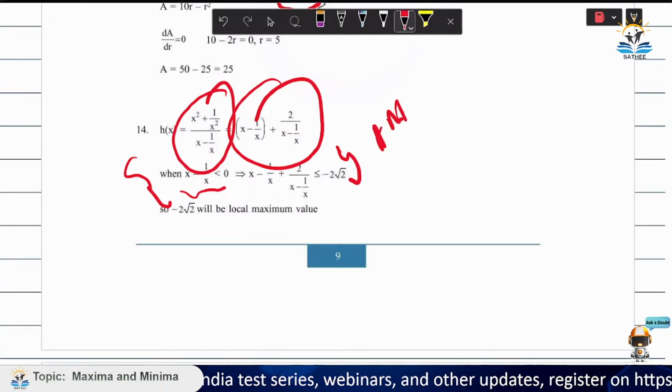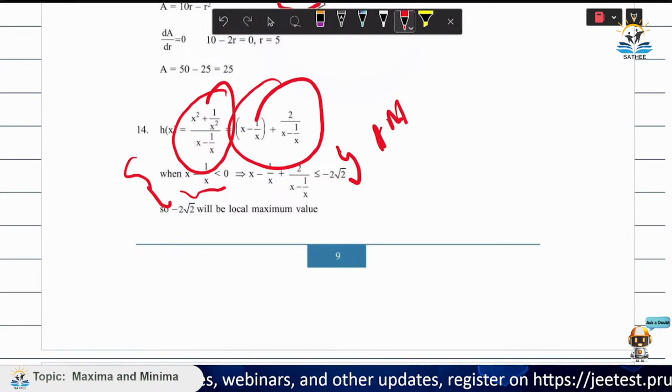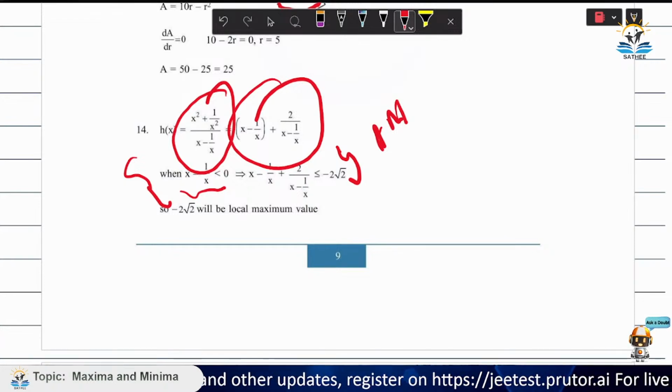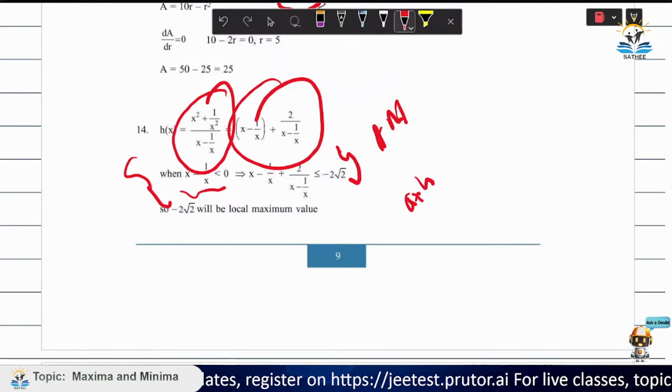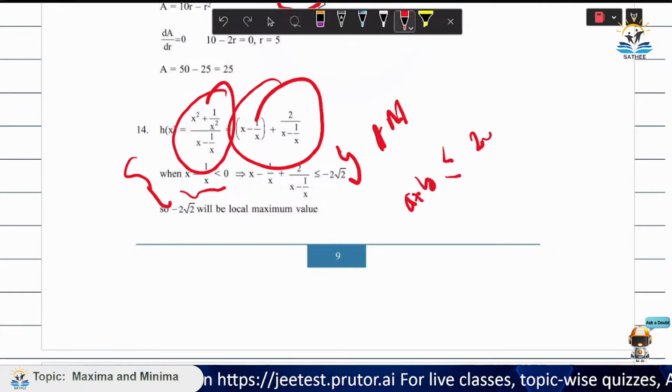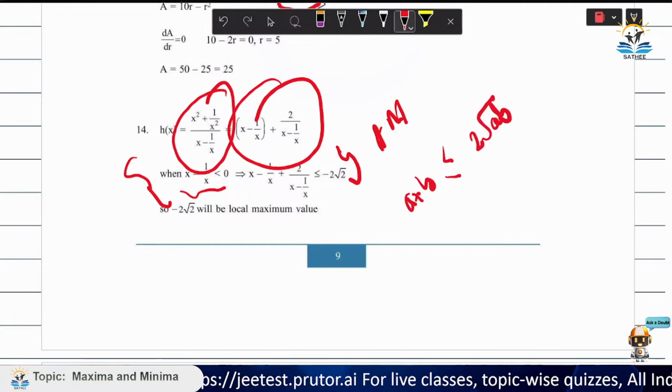So if you have studied arithmetic progression and geometric progression, there is a simple solution that we have, that a plus b is always greater than or equal to 2 root ab, right? So here